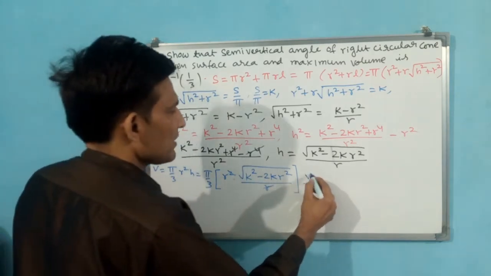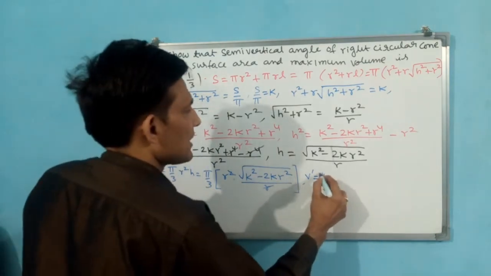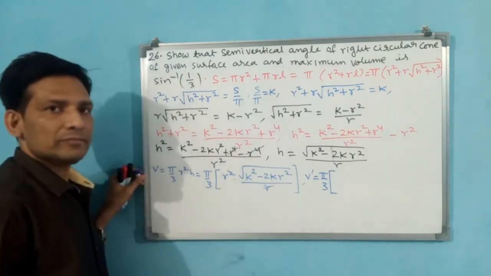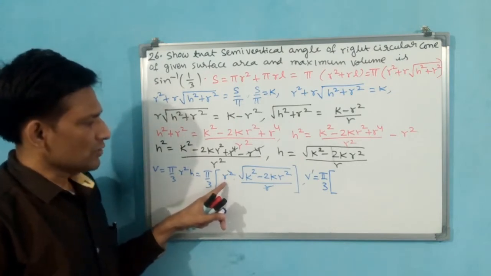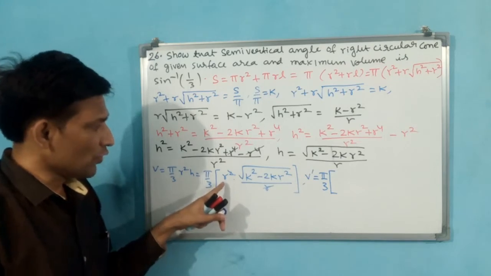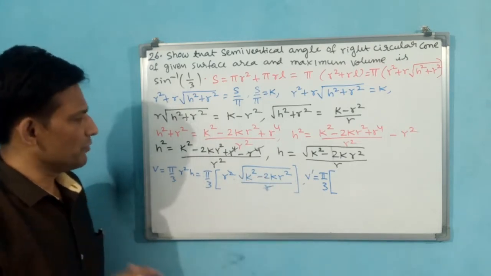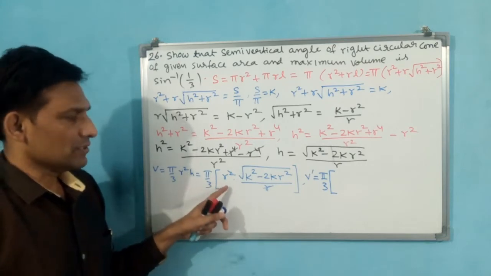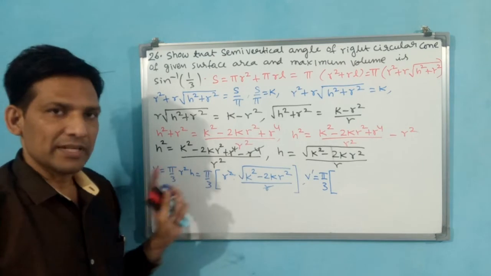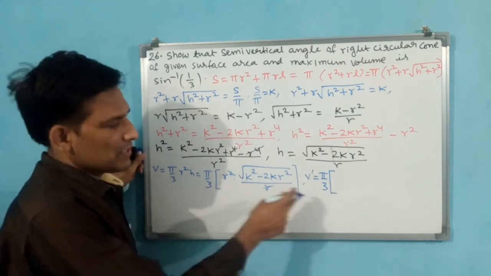Now I will do derivation. V dash. Pi by 3 I am taking common. You understand? Only one r is there, r into square root is there. Now it is u into v form. Plus you can do, but here root is there, that you keep in your mind. Now the denominator is not there, only u into v, that's all. Dash means d by dx, derivation we are doing.